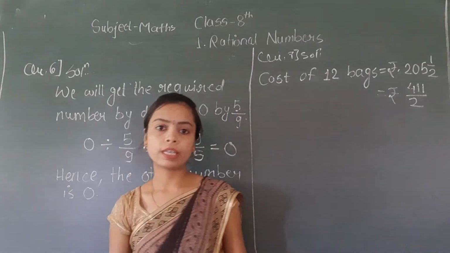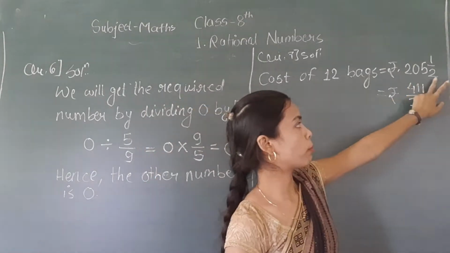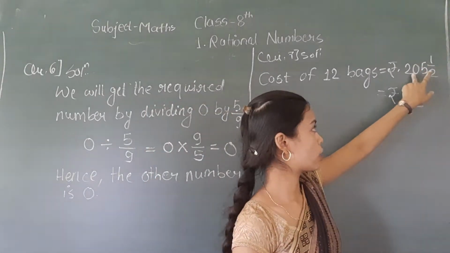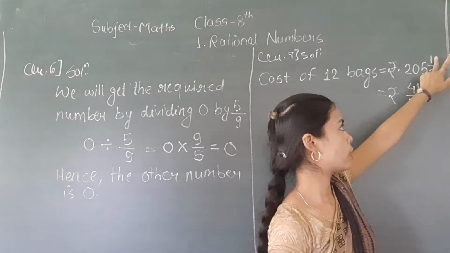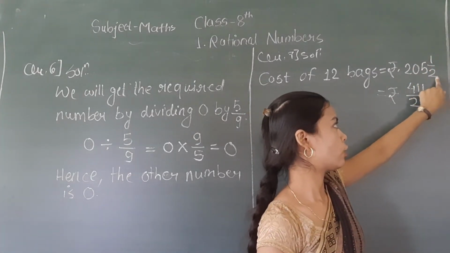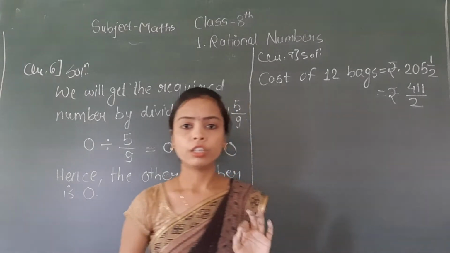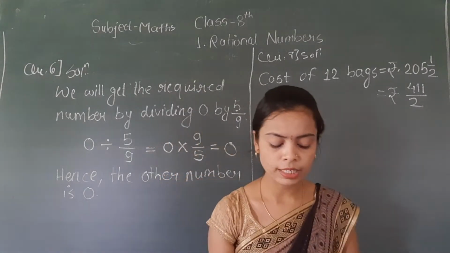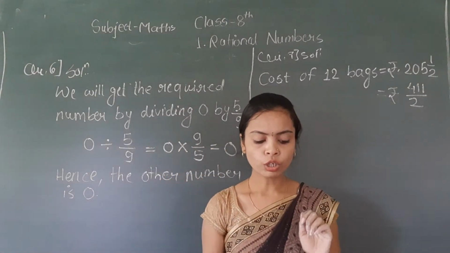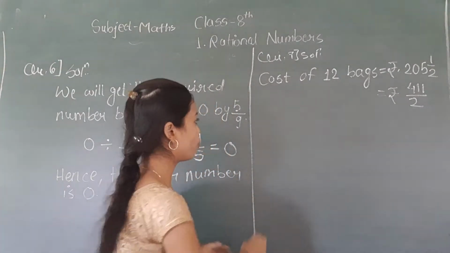411 upon 2 rupees. ये कैसे निकालते हैं? ये जो नंबर होता है डिनोमिनेटर में फ्रैक्शन की उसे मल्टीप्लाई करते हैं क्वेश्चन से. देन ऐड दिस वन right here and the term in the denominator, write it in the denominator. Therefore the cost of 12 bags is 411 upon 2. Now what is the cost of one bag?